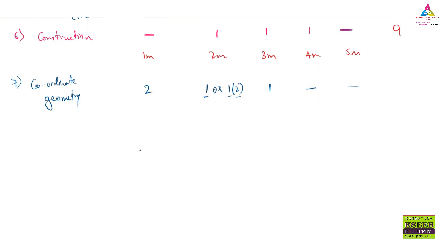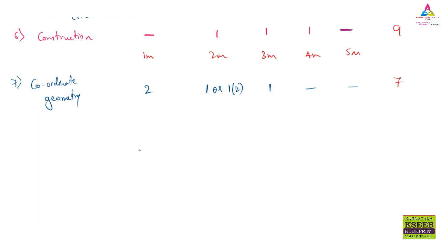Total number of marks from this lesson will be 3 plus 2, 5, 6, 7. So the total is 7. And here, importantly, for the 2 marks or 3 marks question, one thing I have to tell: distance formula is fixed. Distance formula is fixed, and proving that it is a rectangle or the sides of a rhombus, or the area of a triangle. That is the kind of problem you are going to have from this chapter. That is coordinate geometry.